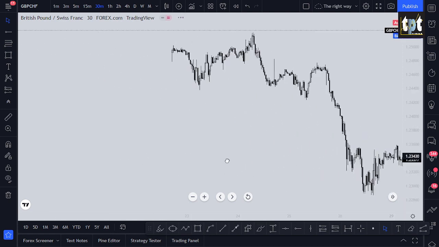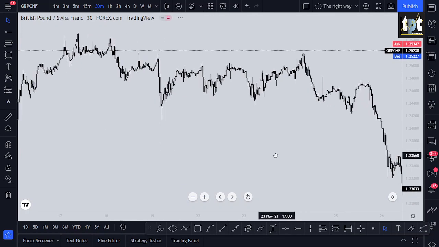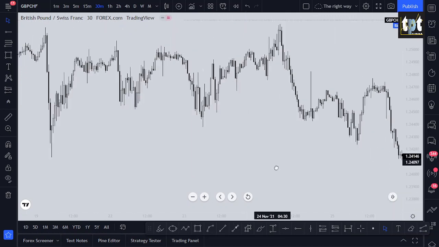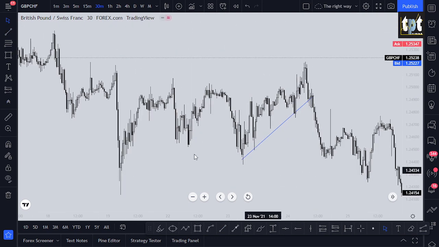For both the buys and the sells. So the first example is all about this. This is another example of how the market was moving. You can see the market formed some sort of compression at this particular point, then the market reversed at this particular level of supply, maybe this one,